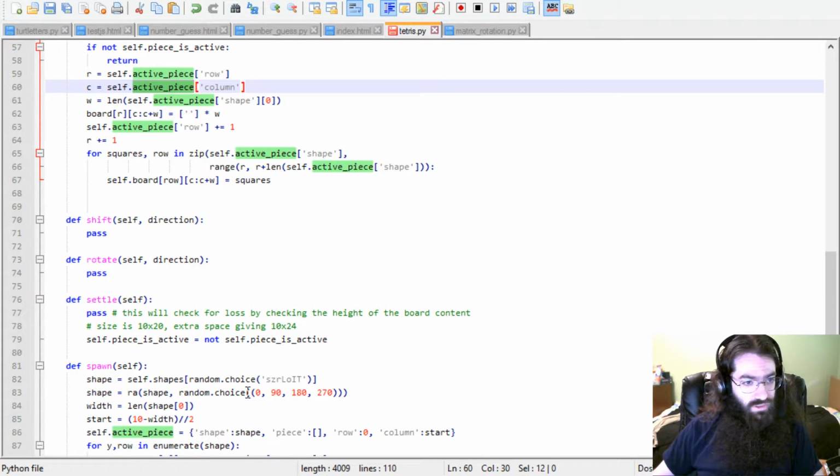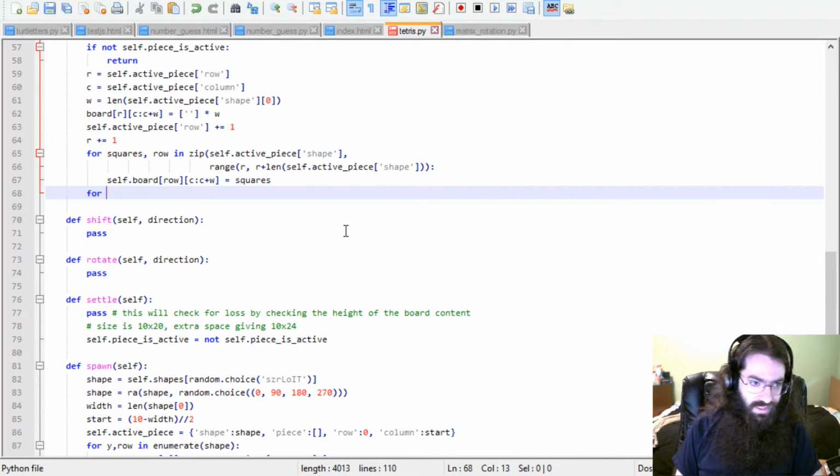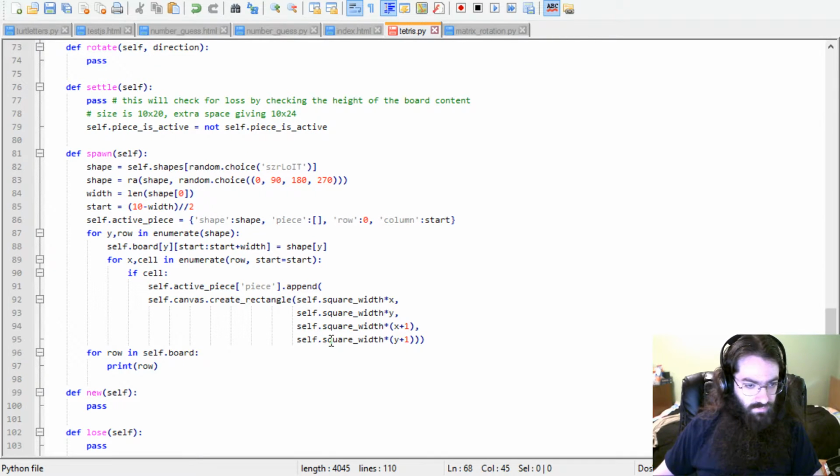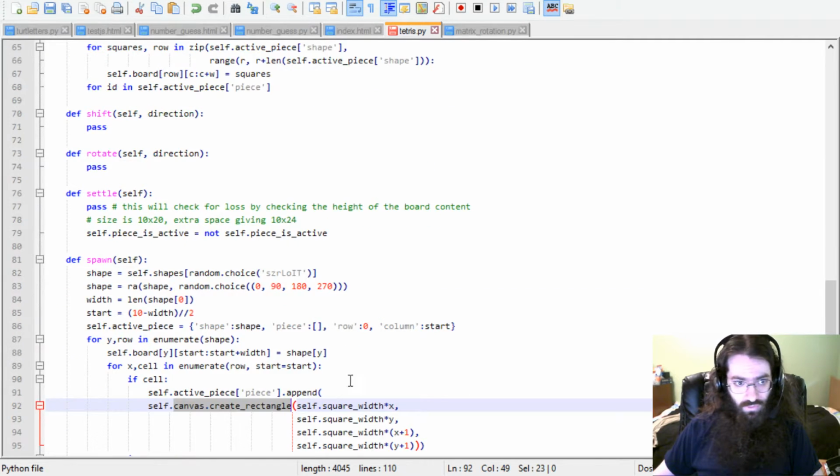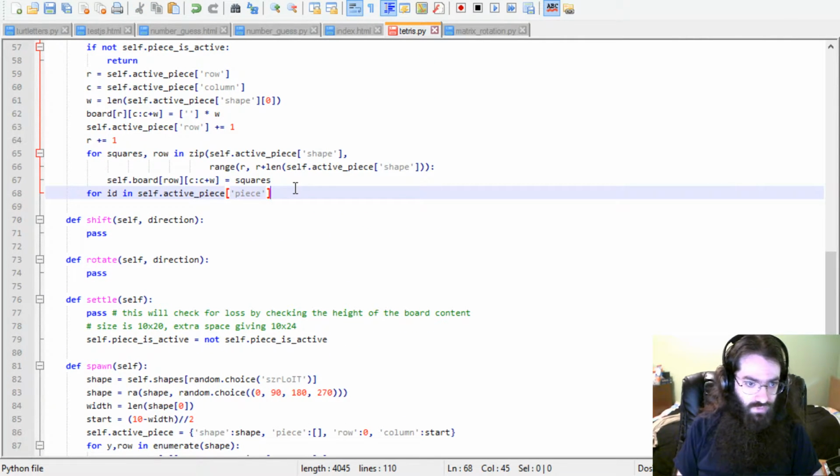And reconfiguring child objects on a canvas means for square in, this is actually for ID in self.activePiece, because each of these things, the canvas.createRectangle method returns integers for IDs. For each ID in there,